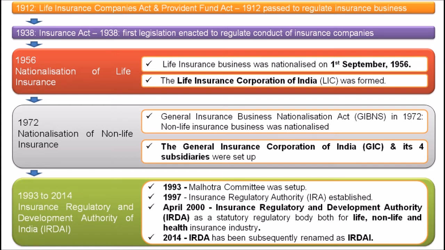In 1993 the Malhotra Committee was set up, and they submitted some proposals and amendments to the Government of India. Based on those proposals and amendments, in 1997 the Insurance Regulatory Authority was established. This is very important. In 1997 IRDA was established. In April 2000 the Insurance Regulatory and Development Authority was